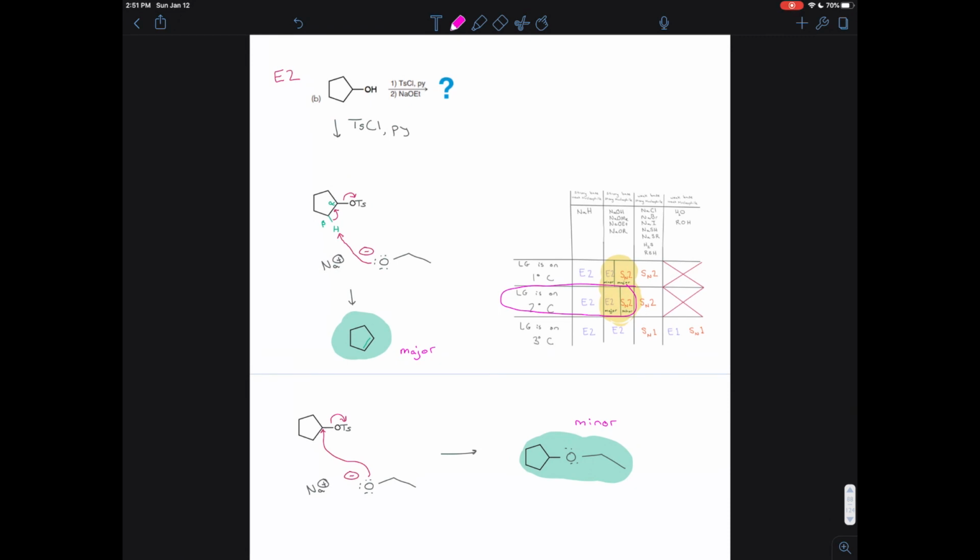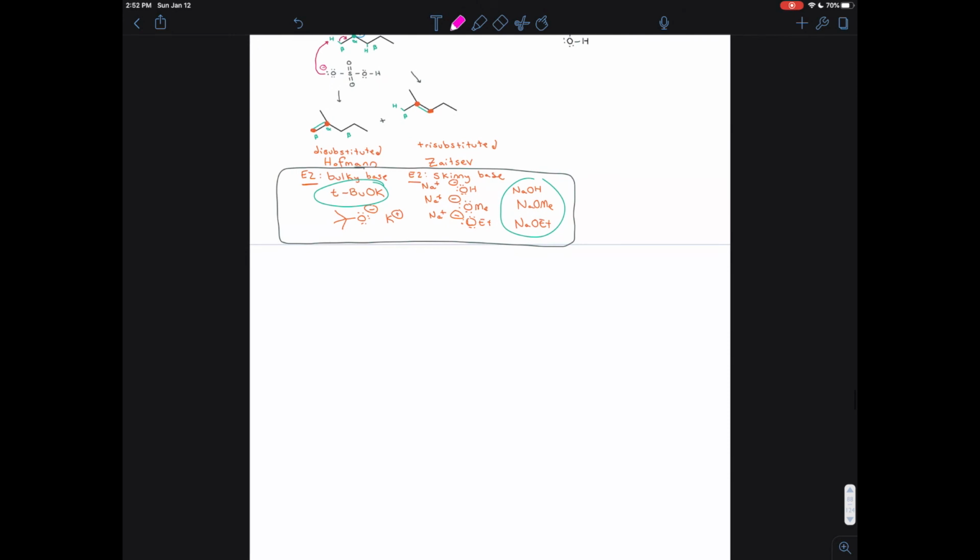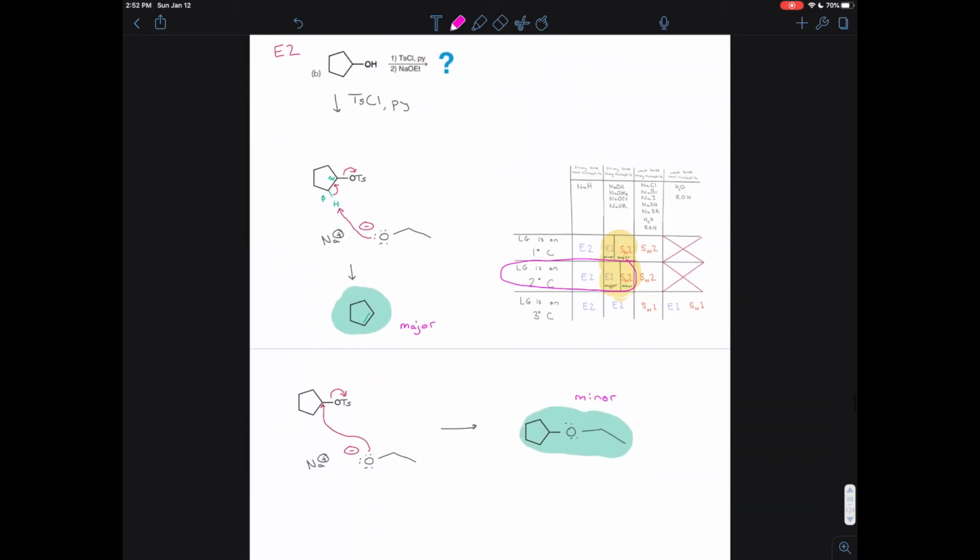Okay, now this exercise walked through how you could do an E2 mechanism. You could do an E2 elimination reaction with an alcohol, first by using tosyl chloride and pyridine, and second by using a base. This exercise only showed you a skinny base, but you'll want to know what would happen if you used a bulky base. The reason this chapter didn't include that specifically in this reaction is because that's really review. You would have spent a whole chapter talking about that in Organic Chemistry 1. So if you're not familiar with the Hoffman and Zaitsev product, bulky base and skinny base thing, I strongly encourage you to review videos from the previous chapter,